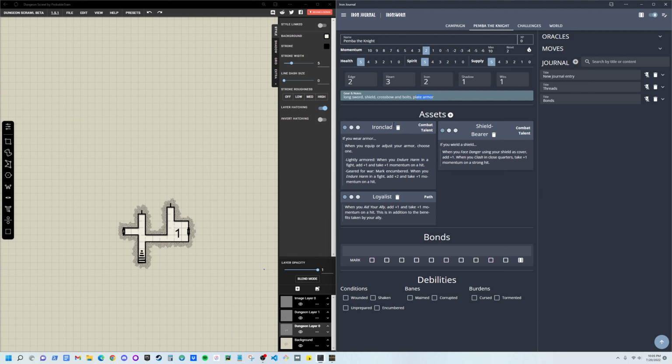Alright. And then for her assets, she's got ironclad, which represents her plate armor, and she is geared for war. So I need to mark encumbered. So her momentum stays at 2, but the maximum is now 9 instead of 10, and the reset is 1. But in exchange, she's going to be much better at enduring harm, which will come in handy when we're in fights. Next, she's got shield bearer, which she can use her shield to face danger, which I plan on using a lot